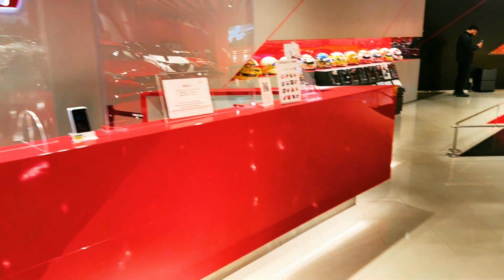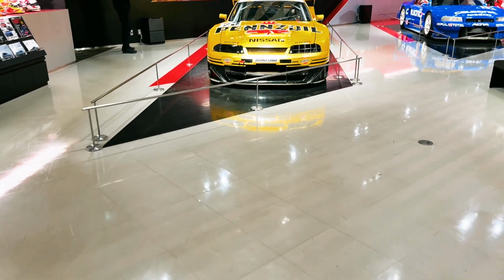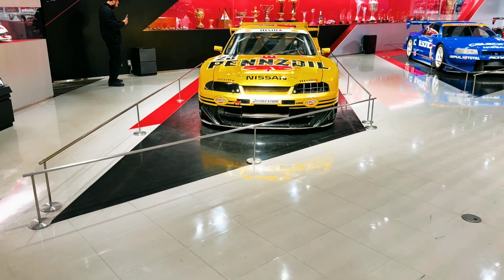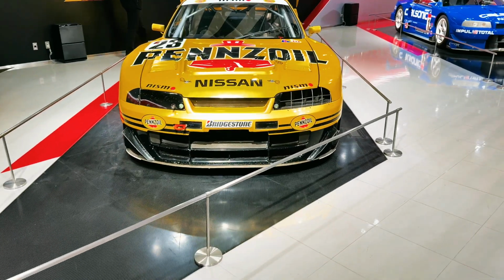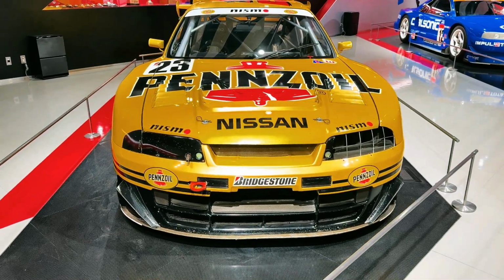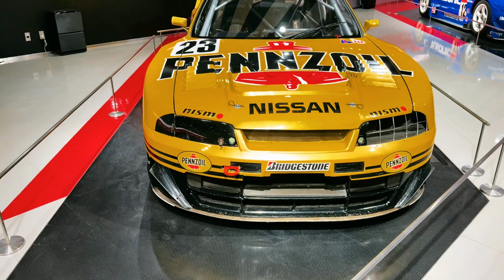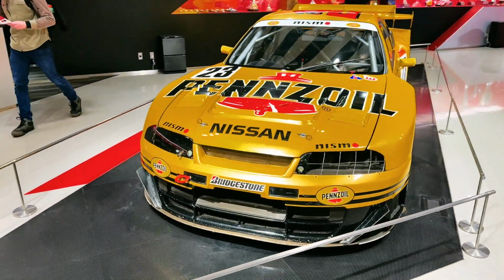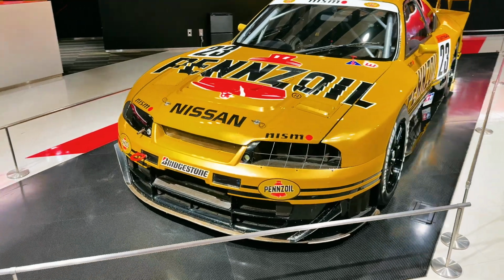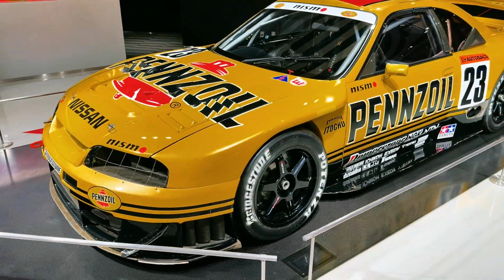So as you can see, the facility is nice and airy. Stepping into the exhilarating world of motorsport history, here it is: the Nissan JGTC GT500 Pennzoil NISMO R33 Skyline GTR. It was the GT500 champion and dominated the 1998 All Japan Grand Touring Championship, powered by the highly tuned RB26DETT